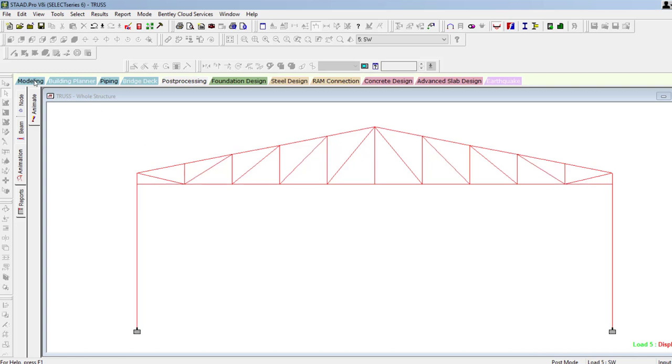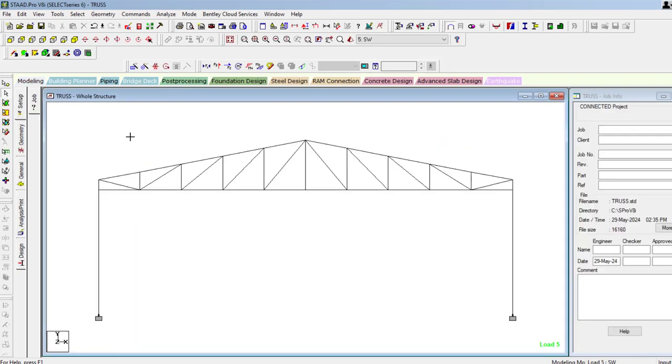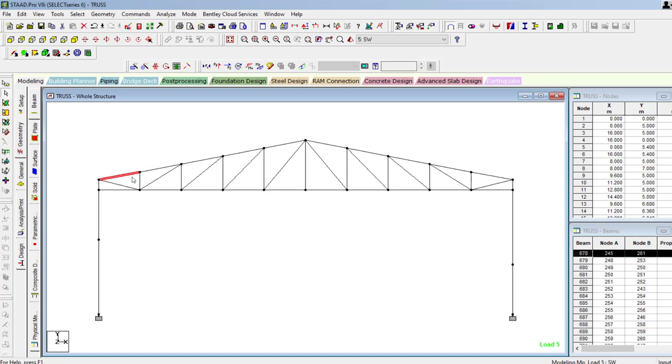over the truss member. And now these members are not actual the part of the truss, because still these members act like a beam. I have to convert this into truss.